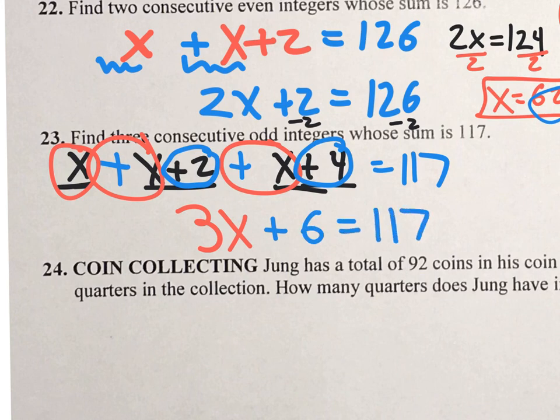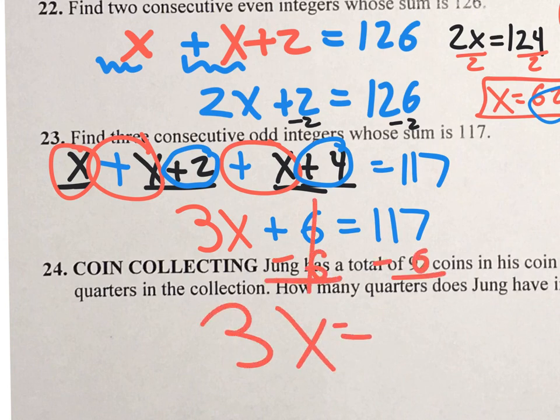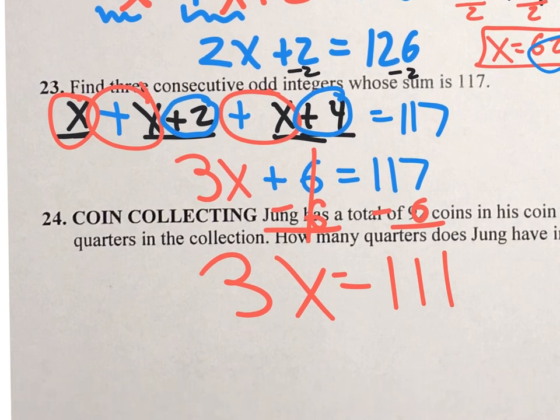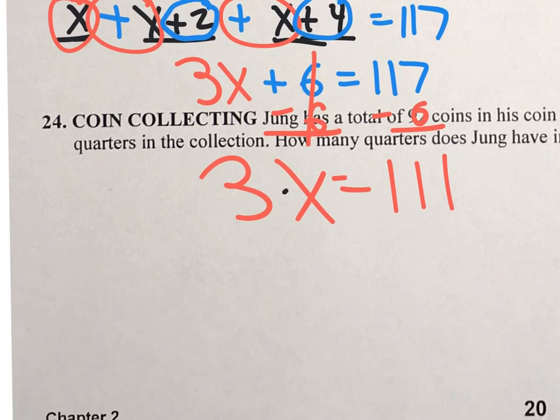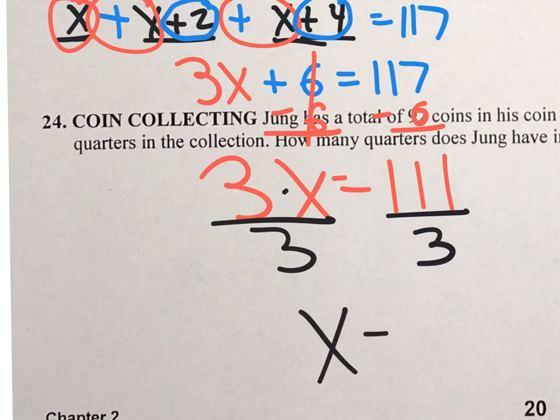So let's subtract 6 to get rid of that 6. Subtract 6. We're going to have 3x equals 111. Dang, that looks ugly. So what? Let's keep going. How do you get rid of 3 times x? Divide by 3. Divide by 3. x equals